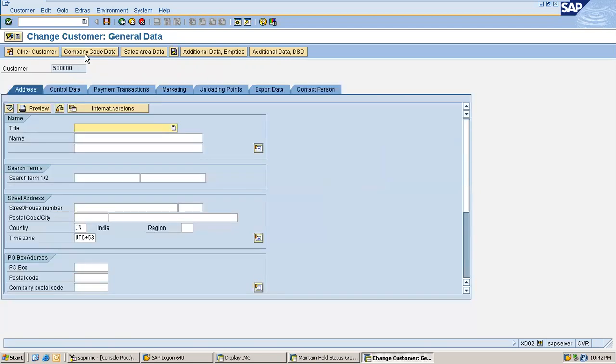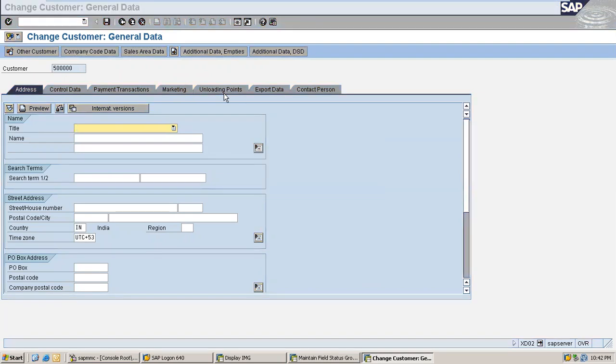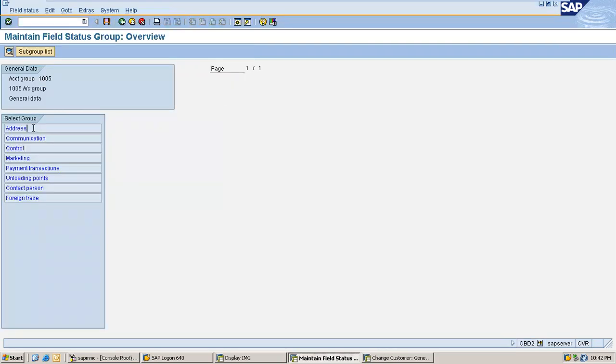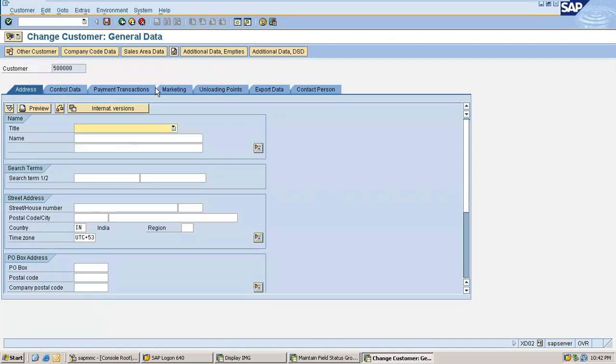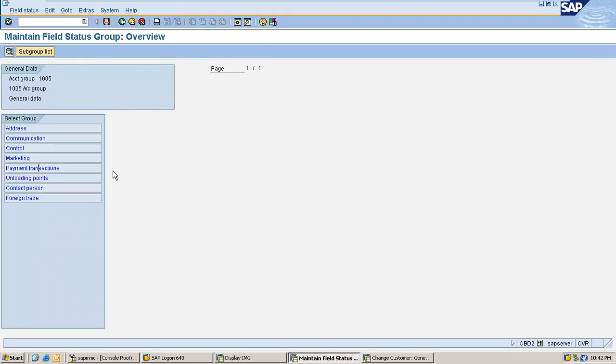So if you go to general data, these are the tabs, right? You have almost 7 tabs here, and you also have 7 tabs here. See, 1, 2, 3, 4, 5, 6, 7, 8. Okay, 8 tabs here. How many here? 1, 2, 3, 4, 5, 6, 7. I have only 7 tabs here. Now why do I have 8 here?